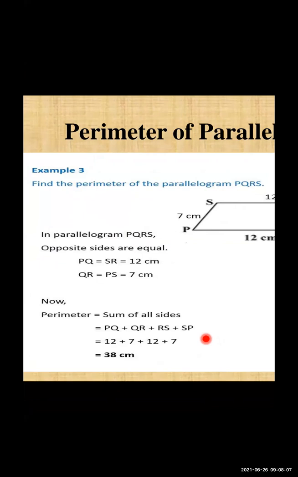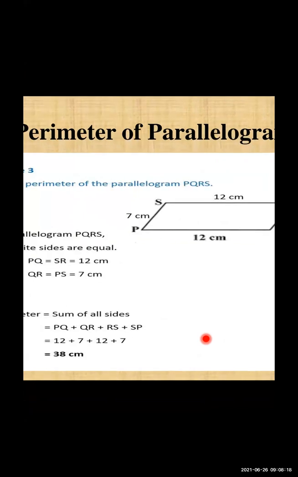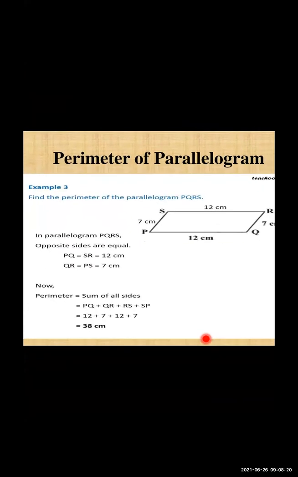Now what is the formula for perimeter? There is no such formula. Just sum all the sides. PQ plus QR plus RS plus SP. So PQ is 12, QR is equal to 7, RS is equal to 12, and SP or PS is again 7. 12 plus 7 plus 12 plus 7 will become 38, and the unit for perimeter is the same as that of the